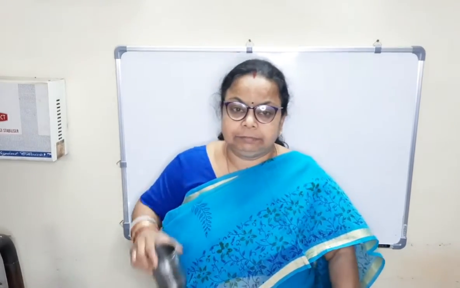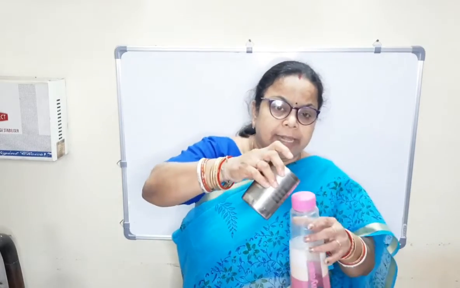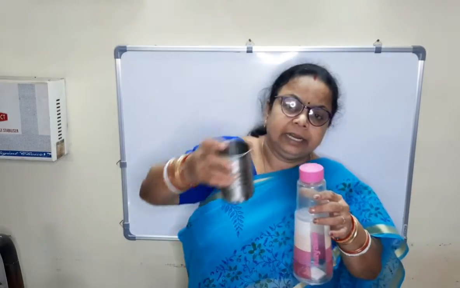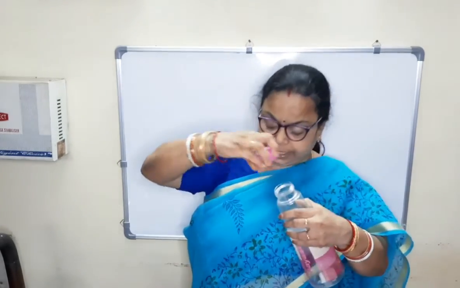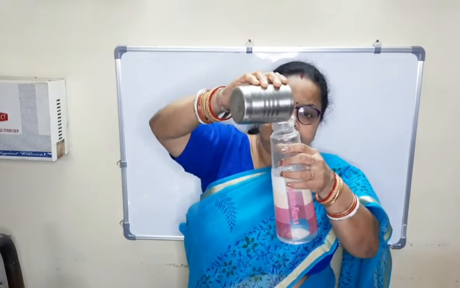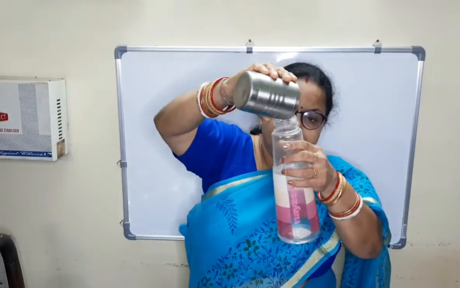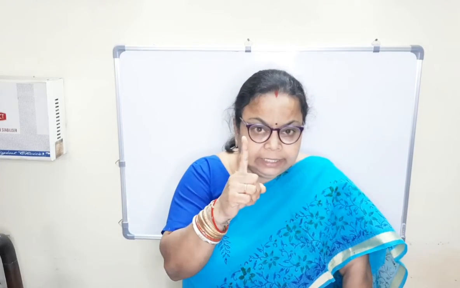My dear children, and here you see this is 500 milliliter. When you add 2 times, first 500 milliliter, again I add 500 milliliter in this. When I open it and I pour water, children, what happened? 500 milliliter, again I add 500 milliliter. It is 1000 milliliter is equal to 1 liter.